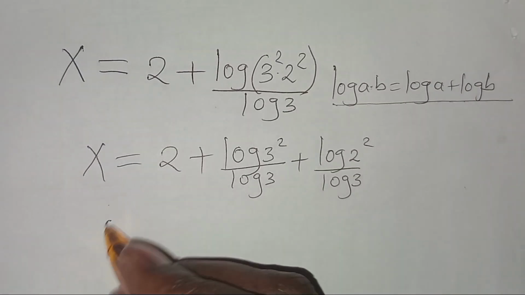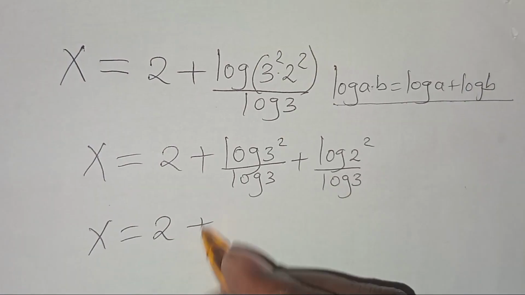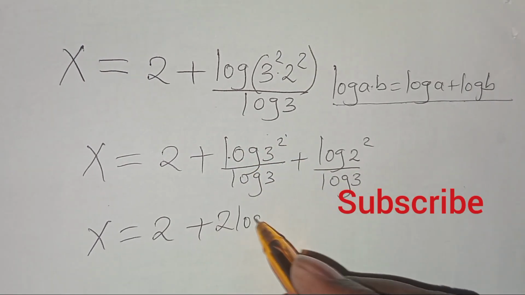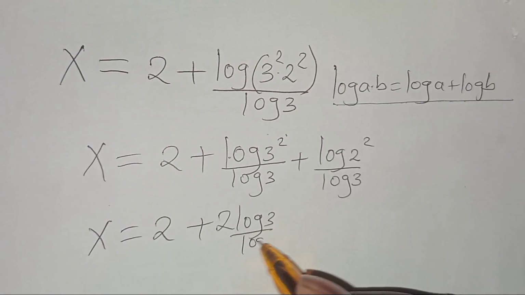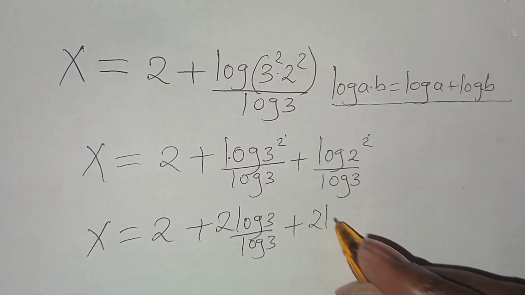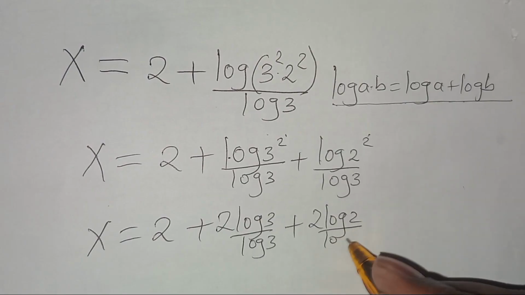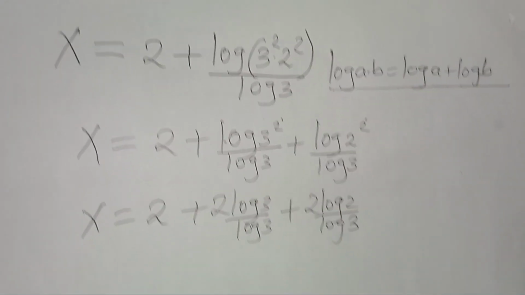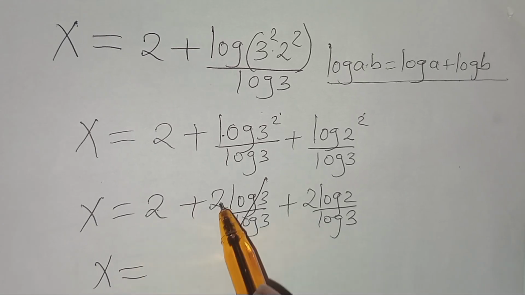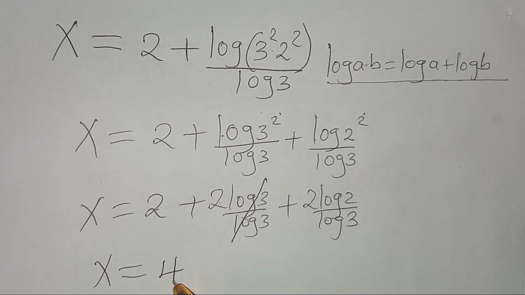Now it follows that x is equal to 2 plus log 3 to the power 2. Applying the power rule property, this becomes 2 log 3 divided by log 3 plus log 2 to the power 2, which actually becomes 2 log 2 divided by log 3. So let's simplify here, so that now x is equal to 2 plus 2, which is basically equal to 4,